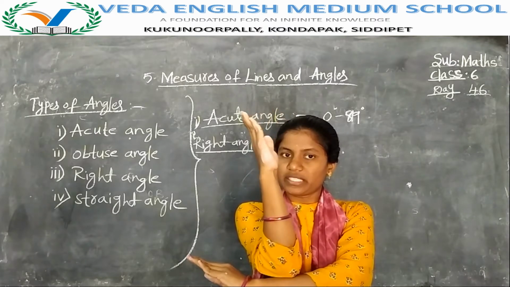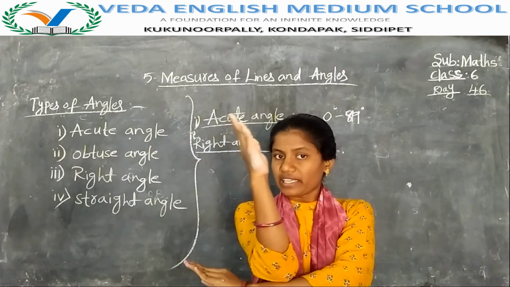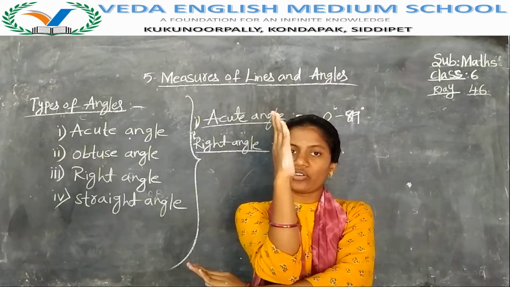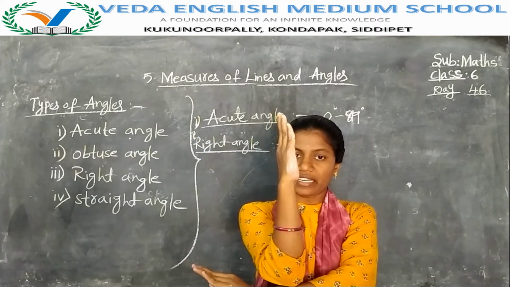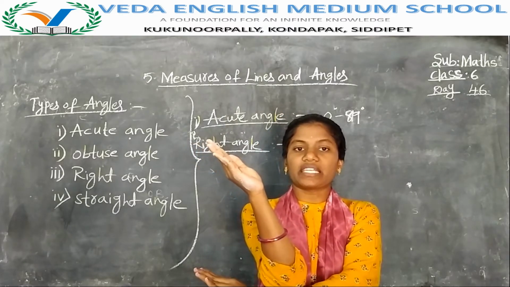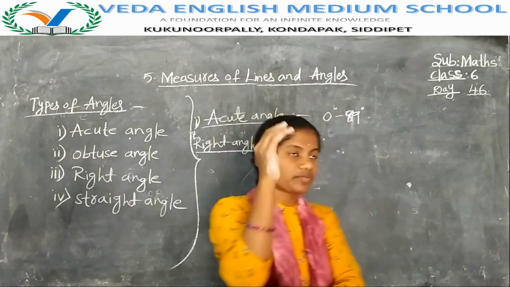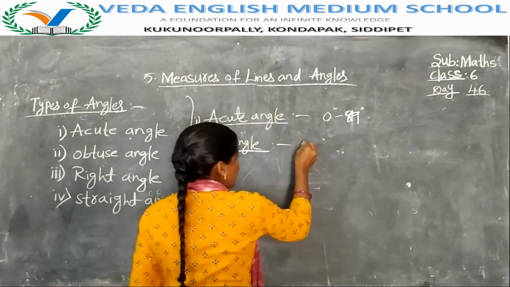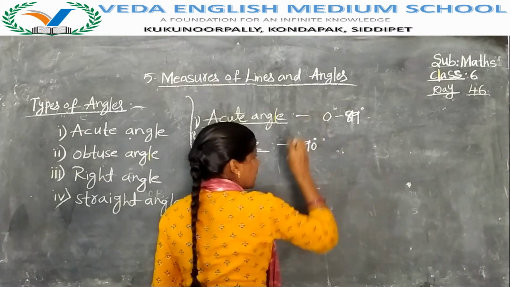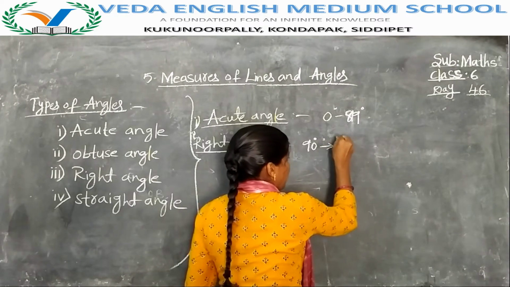Now less than 90 means like this. It is an acute angle triangle. If it is exactly 90 degrees, you have to say that is a right angle triangle. If that is less than 90, you have to say that is an acute angle triangle. Next, 90 degrees: right angle means exactly 90 degrees. We can say that it is perpendicular also.